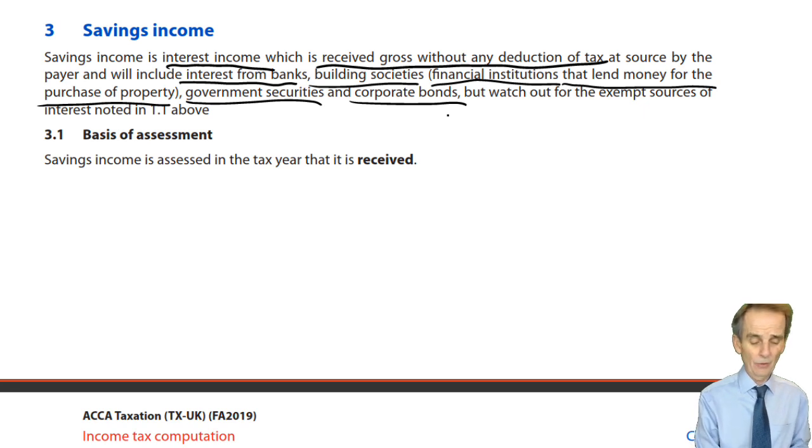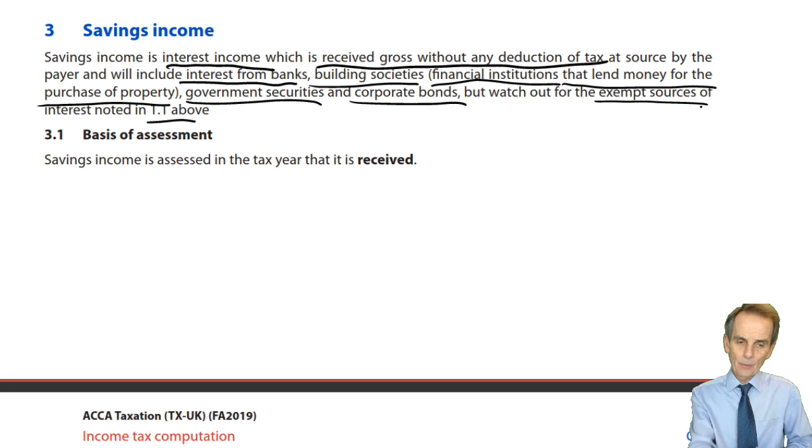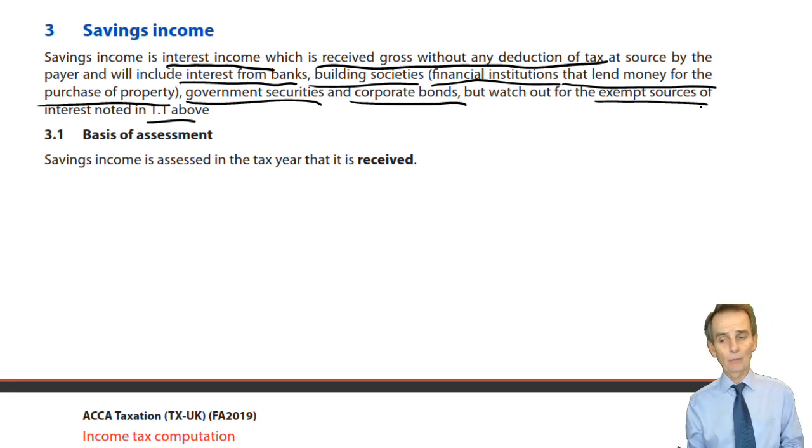What we also saw, of course, noted in 1.1 above, is that there are some exempt sources of interest, and there again there are usually inclusion. Again, as we've suggested, a 2-mark section A OT question might ask you to work out what is the amount of savings income that would be chargeable to tax for a tax year, and what they do is mix it up with different types of interest, which has the various types of taxable and also one or two of the different sources of exempt income in there as well.